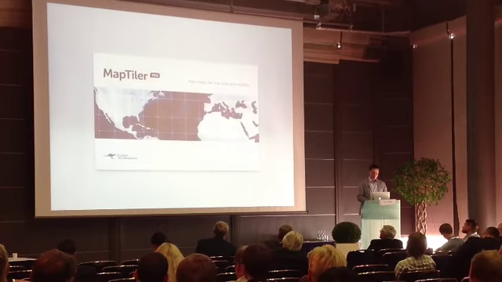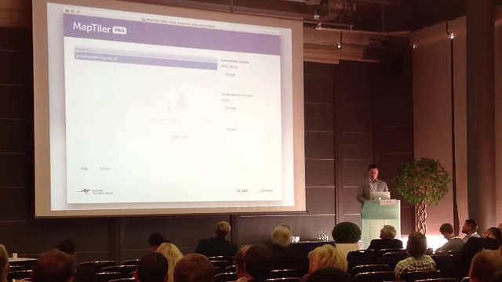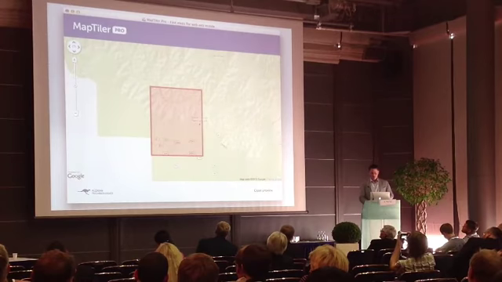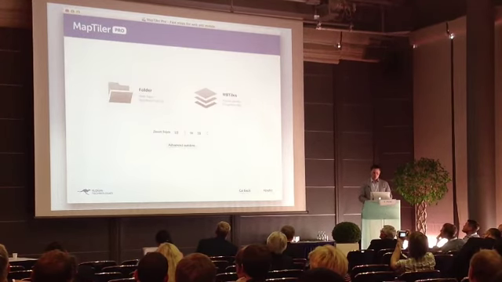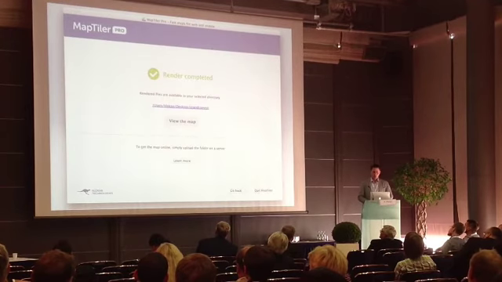Here's some example. First, we render the tiles. This is with a client called MapTiler, where you can choose which tiles you want to render. You drop in GeoTIFF or ECW or any other format. You can adjust the coordinate system, which you probably know, or it's loaded from the GeoTIFF. It gives you a preview where the image is, and then you choose what kind of tiles you want to render on which zoom levels,